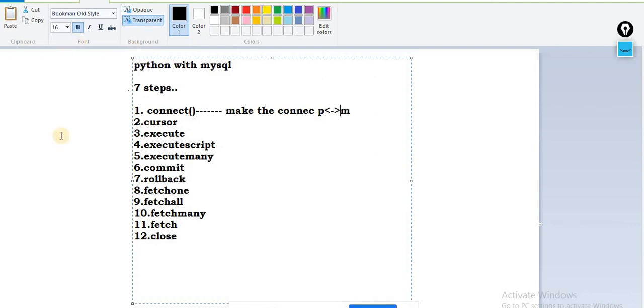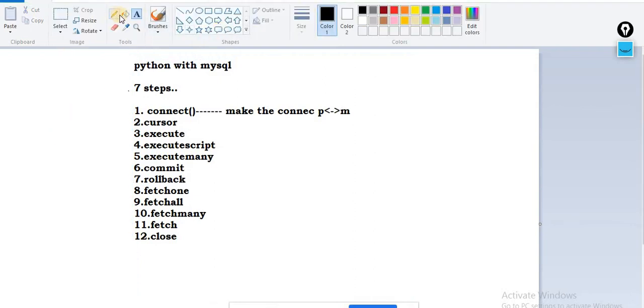Now if I elaborate this concept in layman's terms, just imagine the scenario. This one is your Python program and this one is your MySQL database. This one is a separate framework and this one is a separate framework.